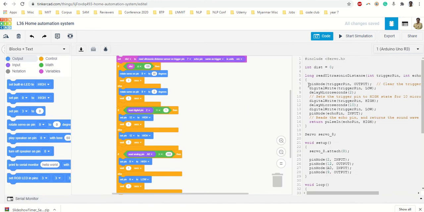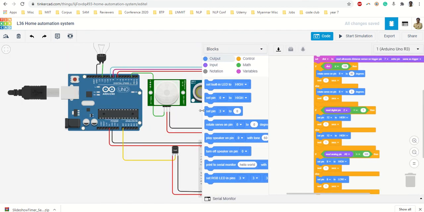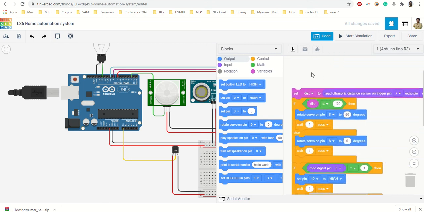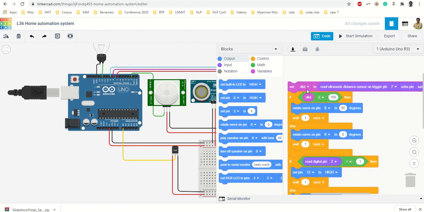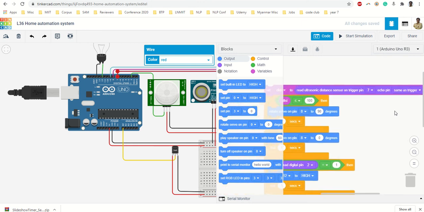So we are going to code one by one at block level because we have done all of these using blocks. First of all I am picking the ultrasonic sensor, and for ultrasonic sensor, as you know, we need to have a variable. I take a variable called distance and I read it. My ultrasonic sensor is attached at pin number 7, so I attach read at pin number 7 in centimeters.